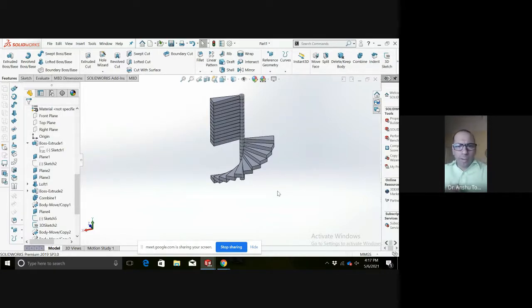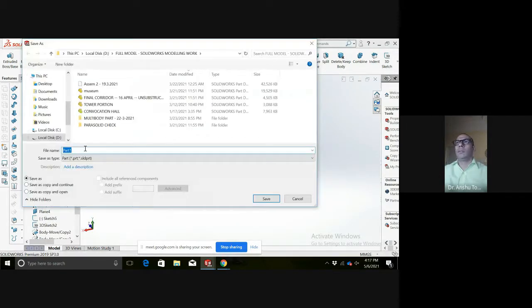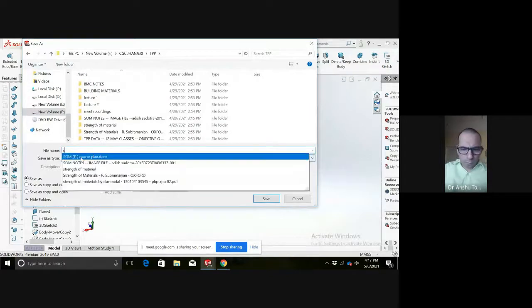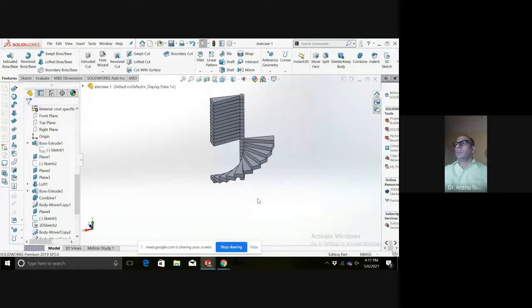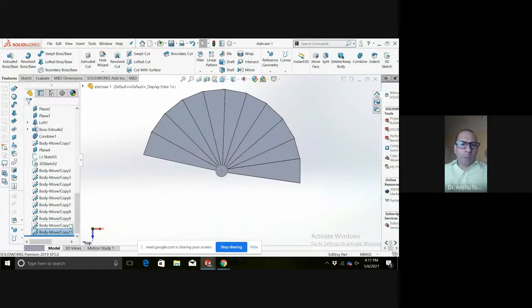You can also do one thing after making one quarter. After making one quarter, you can copy it. Let me save this particular file. So we have done a quarter till here. If we go back, there is an option of rolling down.